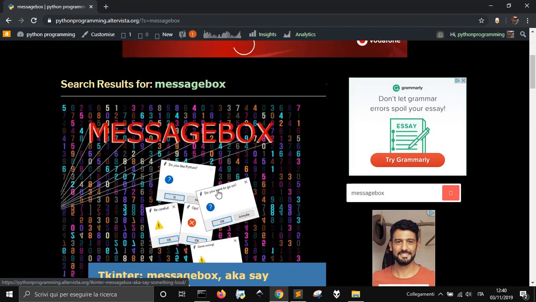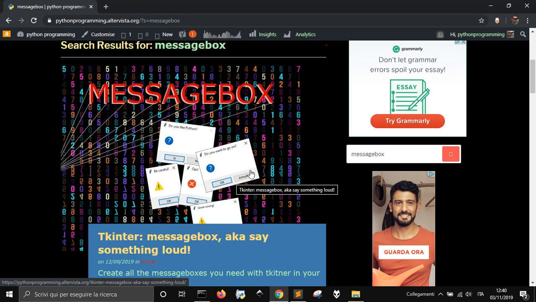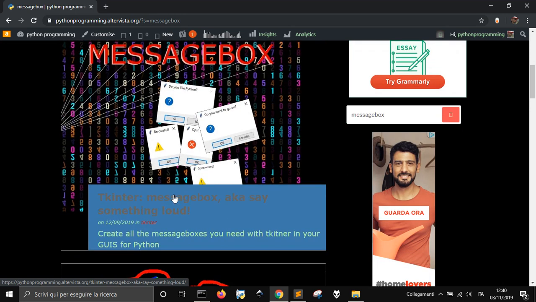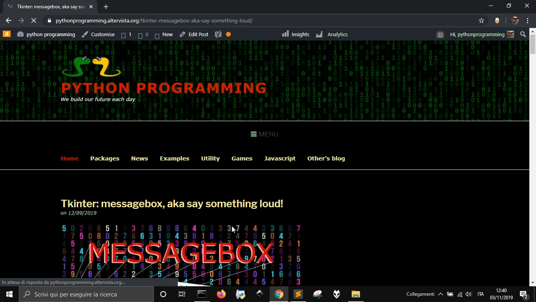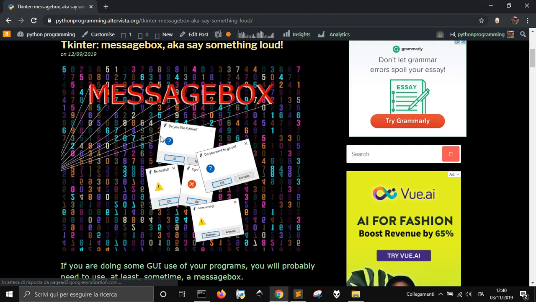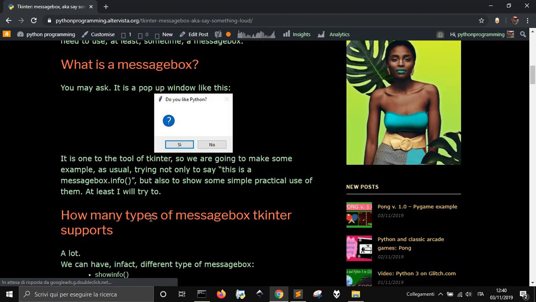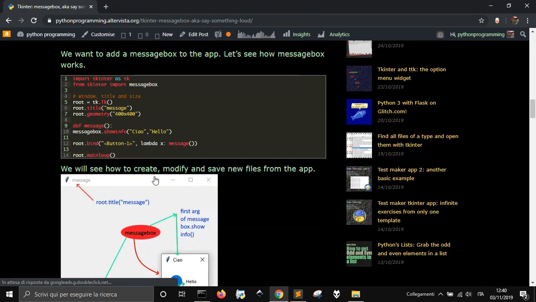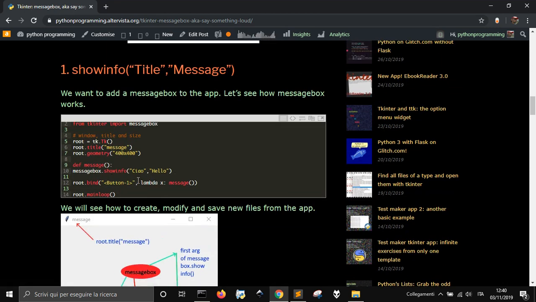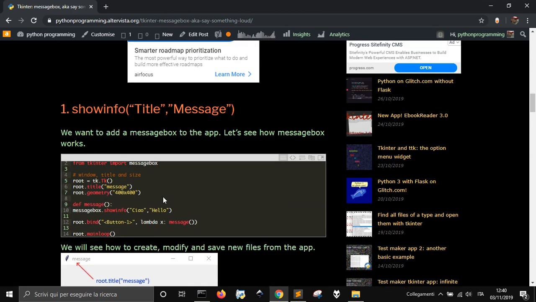There it is, message box. We want one of these, and look at this nice cover. And yes, no, do you like Python? Okay, the message, the show info,